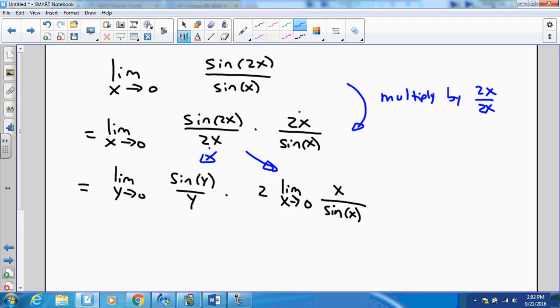What's it called? Oh no, these limit properties have names. I know that you can execute them, but you want to know their names also. Product rule is one way to think of it. Constant multiple rule is the way that we do it. So this is our constant multiple rule,